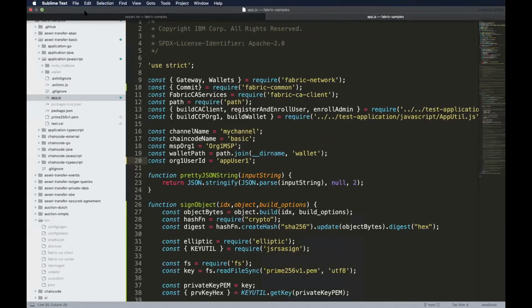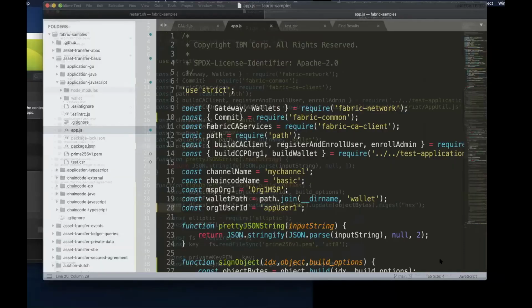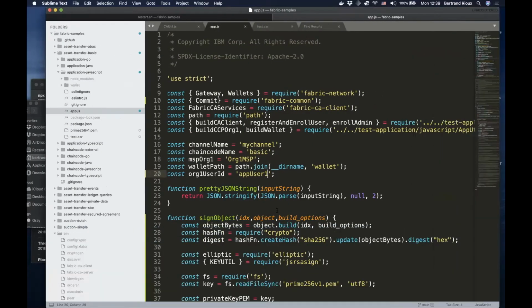This is what I want. Okay. So what we have here is just one of the asset transfer basic samples from the Fabric testnet. Just to show you what I was doing. Yeah, so within the test network,